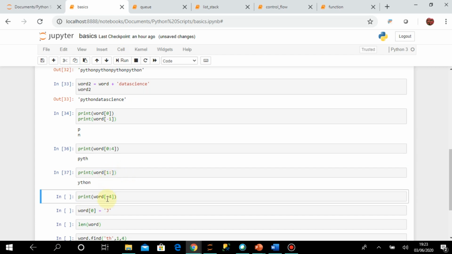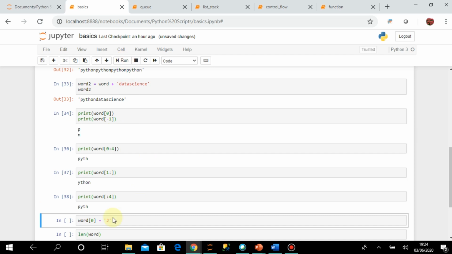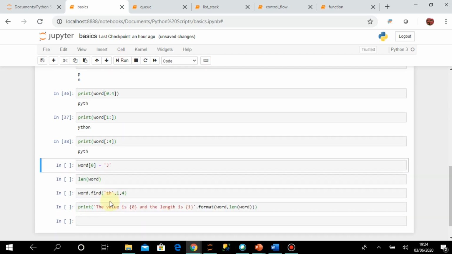In this example the left part is now blank and the right part I have mentioned something. That means it will print from the starting position of this string variable until it reaches 4, so characters 0, 1, 2, 3 should be printed. So you can see PYTH, positions 0, 1, 2, 3.